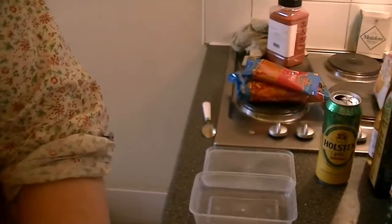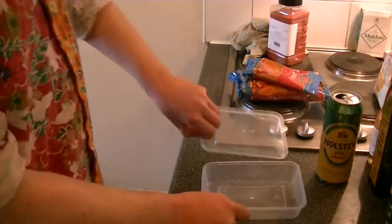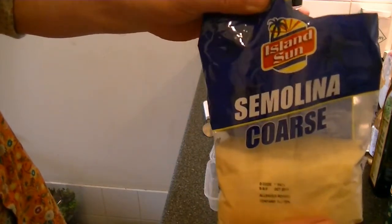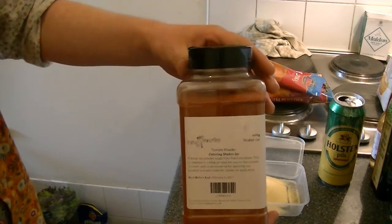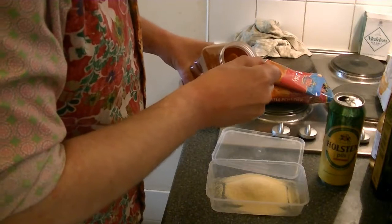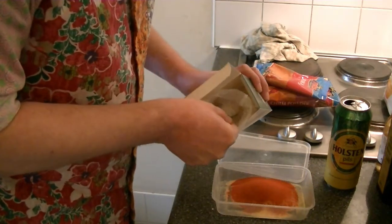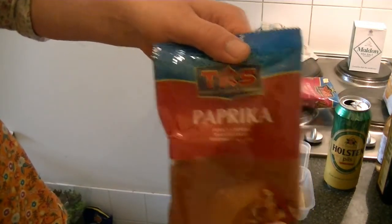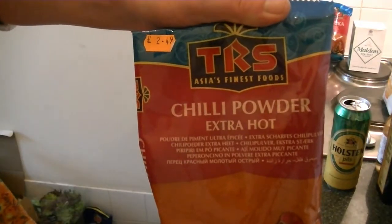And now it's time to make the seasoning for our potato wedges. Grab yourself a container with a lid, and then add to your container 10 teaspoons of semolina flour, then 2 teaspoons of tomato powder, and now 1 teaspoon of sea salt, and then 1 teaspoon of paprika, then 1 teaspoon of chili powder,